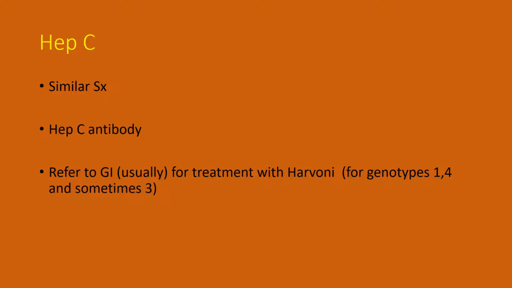If they do go chronic, then there are treatments available now for most of the genotypes, definitely for genotypes 1 and 4, and occasionally genotype 3, which takes care of the majority of cases of hepatitis C, but not for everybody. Not all people will respond to Harvoni. But either way, if you've got somebody that's hepatitis C positive, they've got to go see GI, and then they'll evaluate whether or not they're a candidate for medication treatment. This concludes part 1. More to come in part 2.